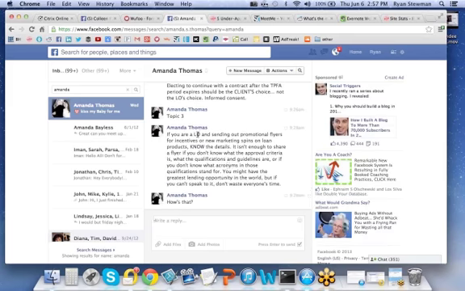And then the third part, she complains about loan officers again. If you are a LO sending out promotional flyers for incentives on new marketing spends on loan products, know the details. It isn't enough to share a flyer. If you don't know what the approval criteria is, what the qualification guidelines are, or what acronyms and those qualifications stand for, such as GFE, APR, some of the things that agents don't speak the same language as y'all, you've got to remember that. LTV, they speak some of that, but not all of it like we do. You might have the greatest lending opportunity in the world, but if you can't speak to it, don't waste anyone's time.